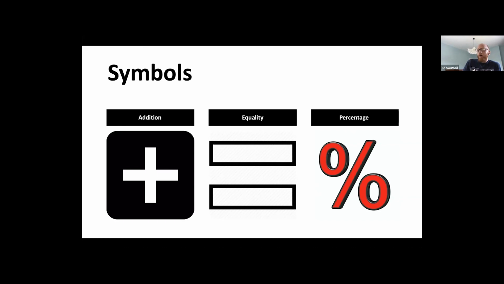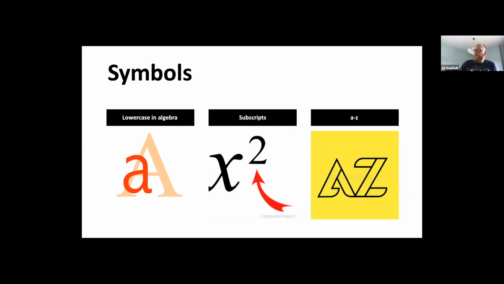And over time, to shorten the story, that just manifested itself into the symbol that we see today. So the symbol that you can see for percent really is kind of a P slash C, or so the story goes. And again, this is just because I was browsing the book and thought that these are really interesting little geeky facts. The reason we use lowercase in algebra and not uppercase is again an Englishman, Thomas Harriot, who in the 1500s